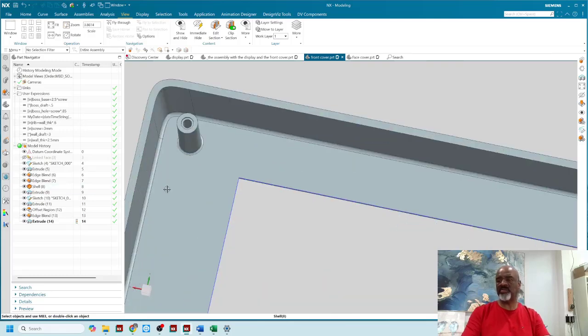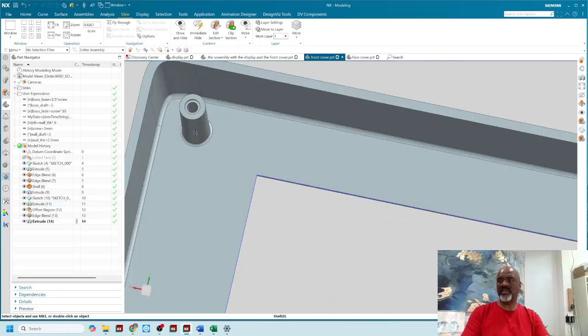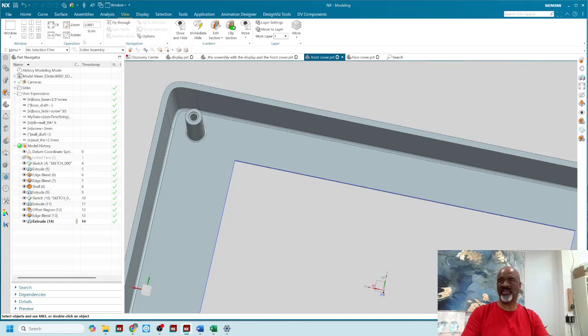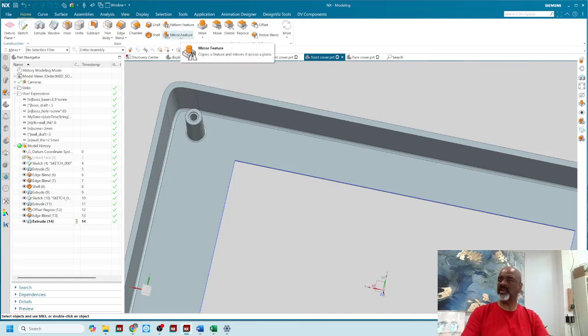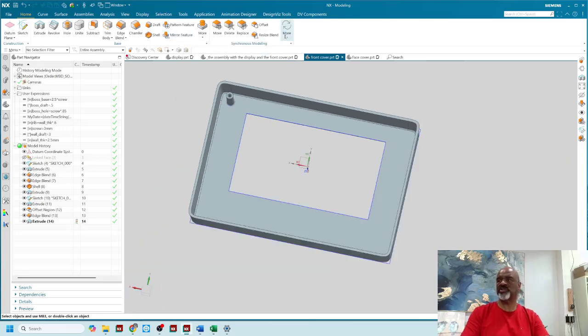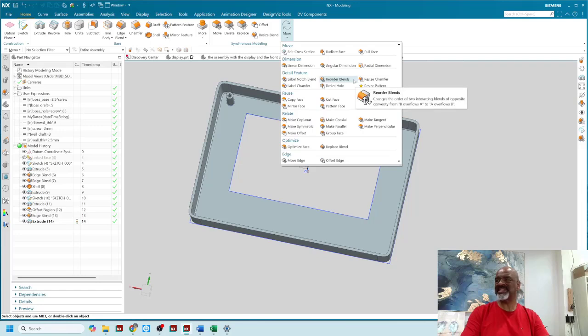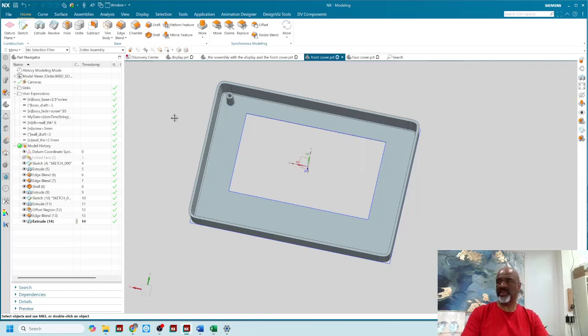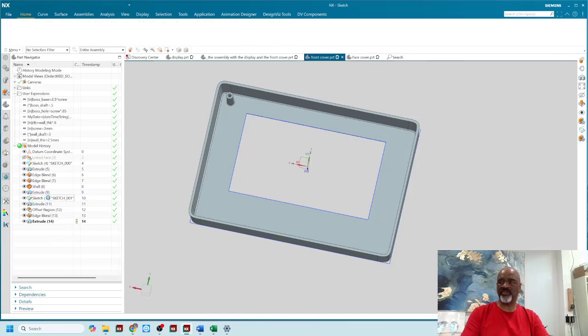And what I'd like to do now is mirror over these surfaces. I can do it with a mirror feature, but I'm just going to use the synchronous modeling mirror faces because that will be a little bit more instructive, I think. Oh, one of the things I didn't do is place this boss,